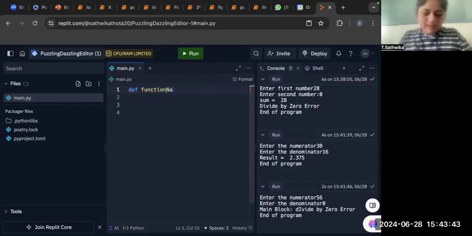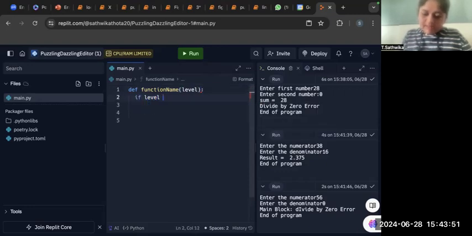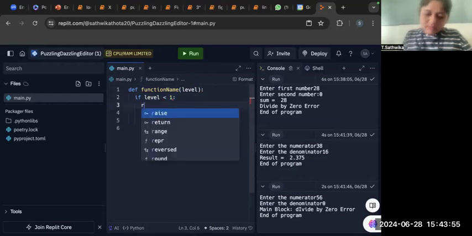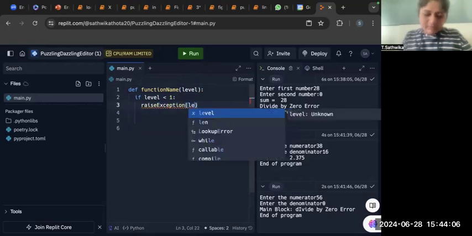The function name and then level, and if level is less than 1, then raise exception of level,